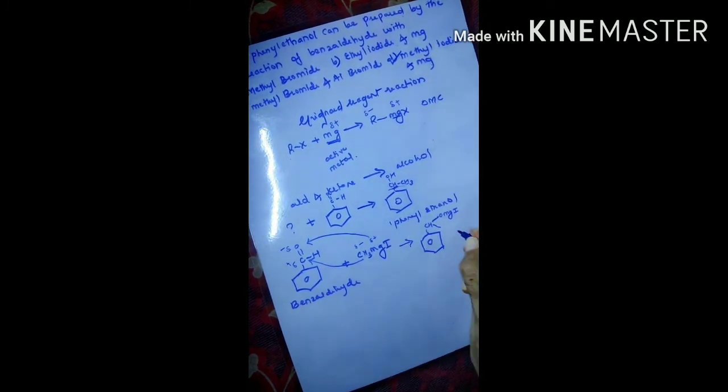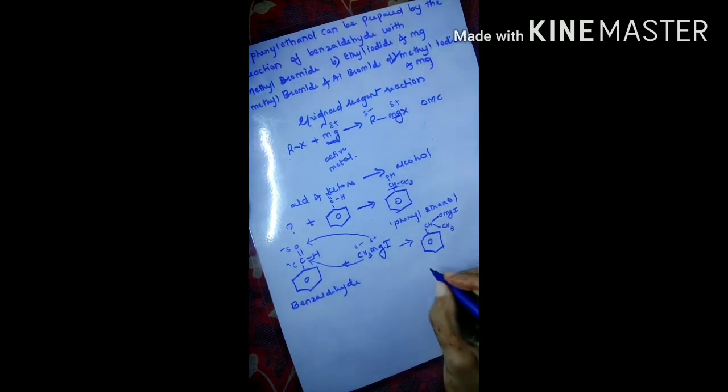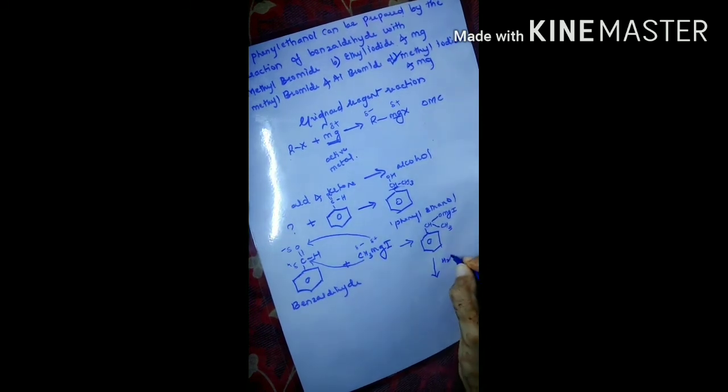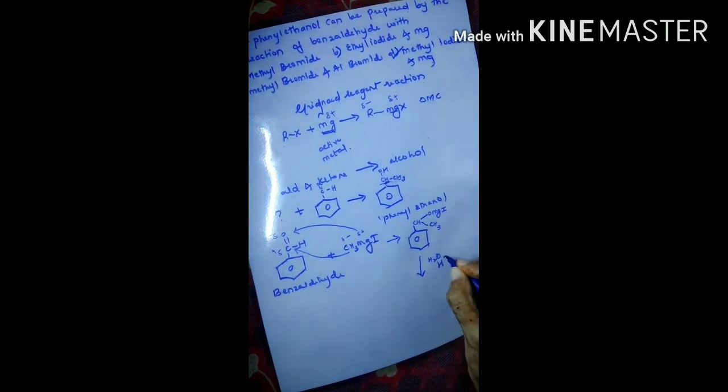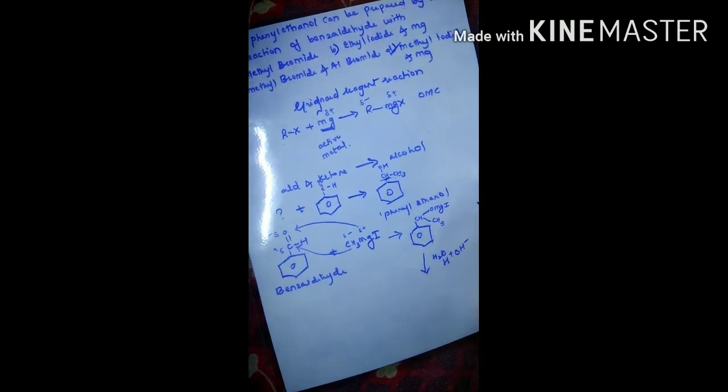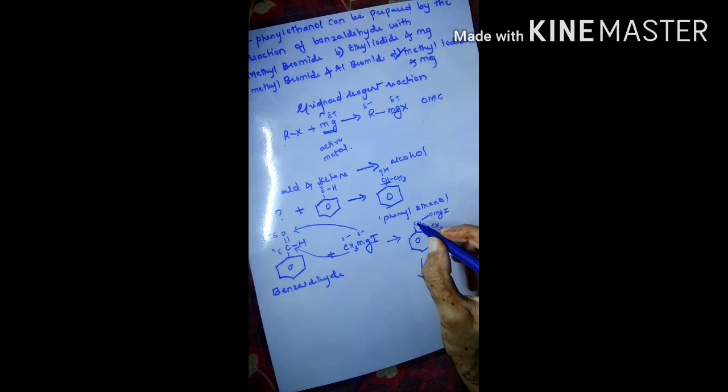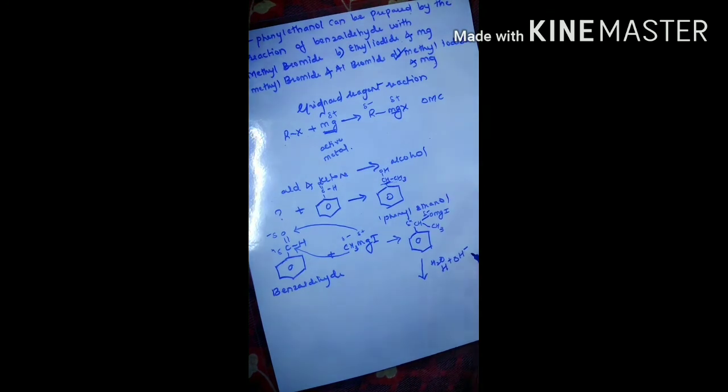So the adduct we form is, I'm writing here OMgI will attach to the carbon atom and the other side will be methyl group. After this, we know the carbon will get partial positive charge and the OMgI will be partially negative. Hydrogen is present in the form H plus and OH minus ion. So of course oxygen is more electronegative, so it becomes partially negative and the carbon will become partially positive. So here OH will move toward the carbon atom which is attached to the benzene ring, because OH is having negative charge, and hydrogen will move toward the other group. So the final product we get is